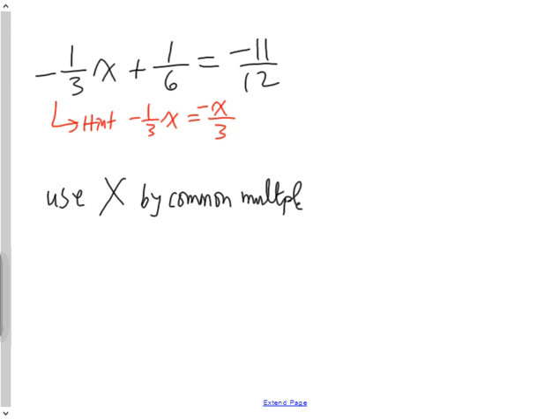The second question gives you negative 1/3 x plus 1/6 this time. So now we have a constant. It's equal to negative 11/12. And it says use multiplying by a common multiple as the strategy for solving it. And it also gives you a hint that says that negative 1/3 x can be written as this, because